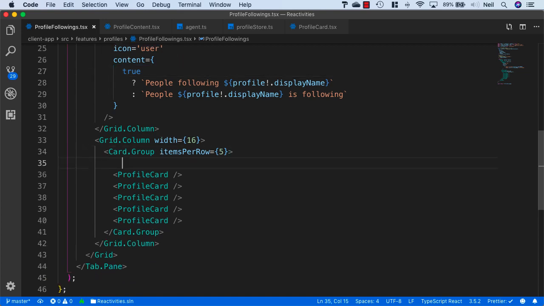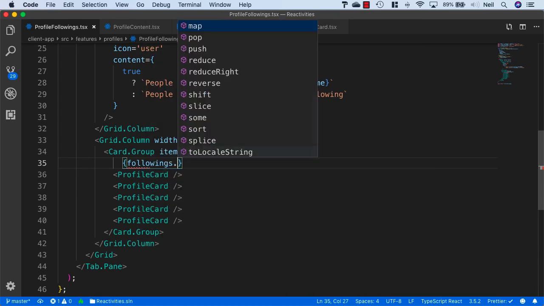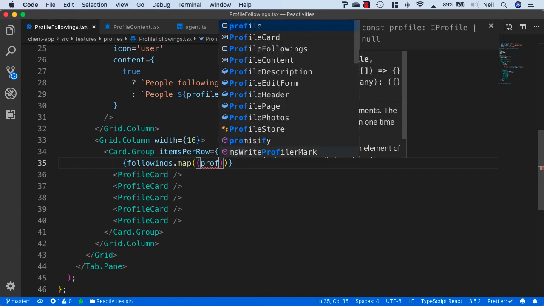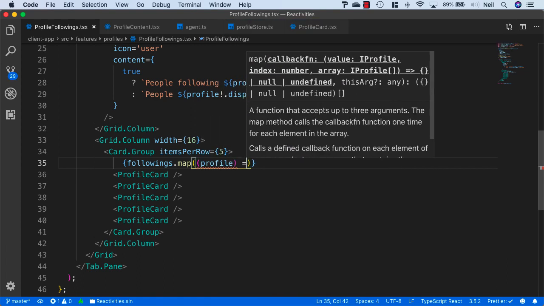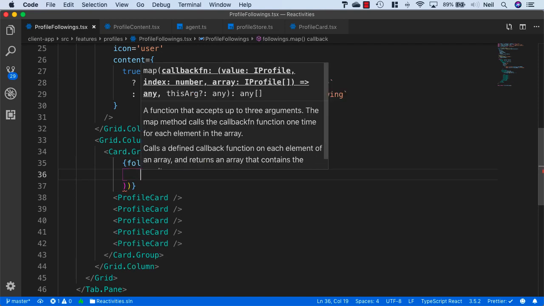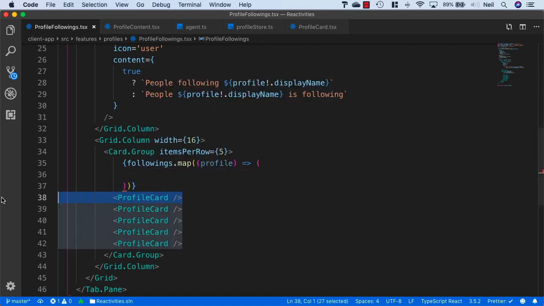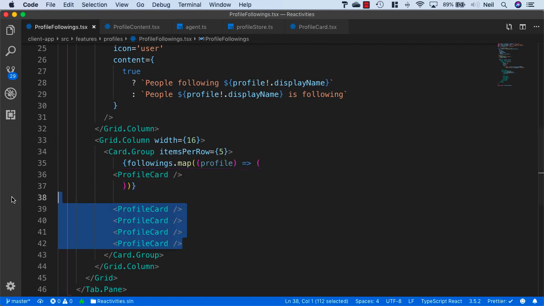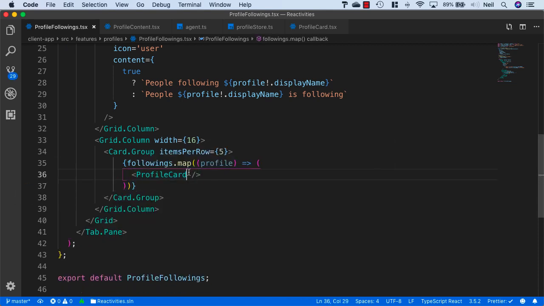And inside our card group, what we'll do is we'll just say followings.map, and we'll get the profile from each one of these, and then we'll cut one of our profile cards and paste this inside, and I'll just remove the rest of these. And the key which we need will be the profile.username,